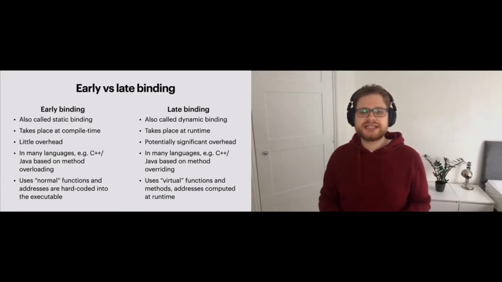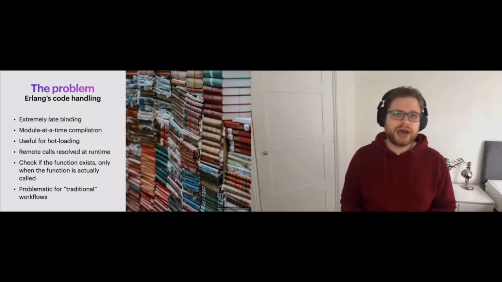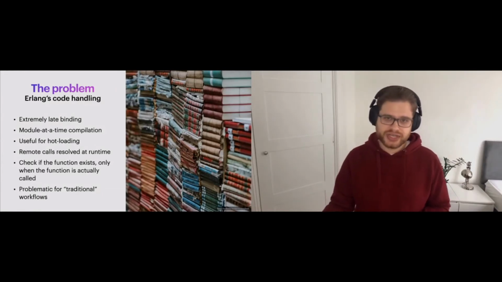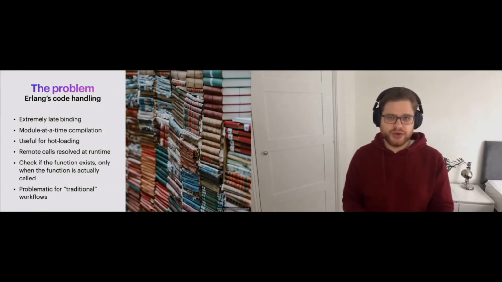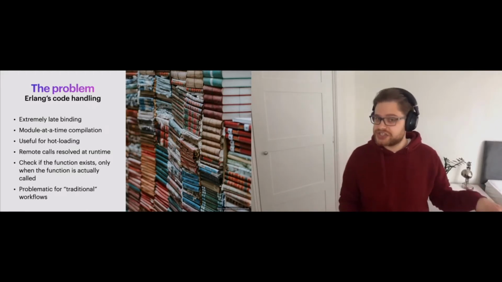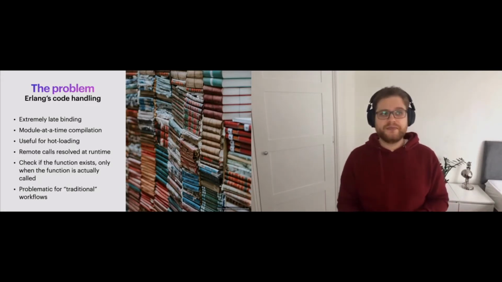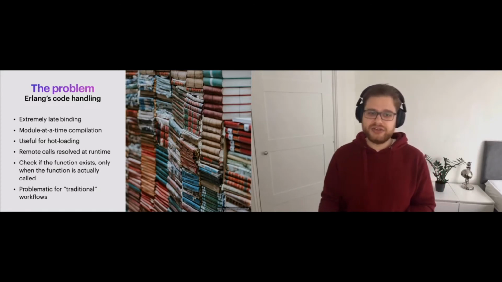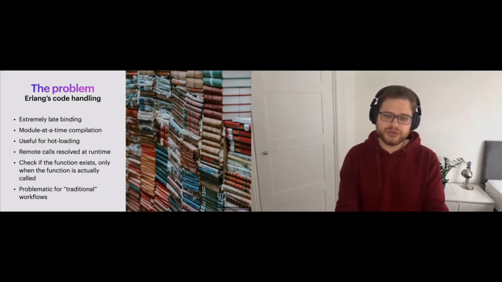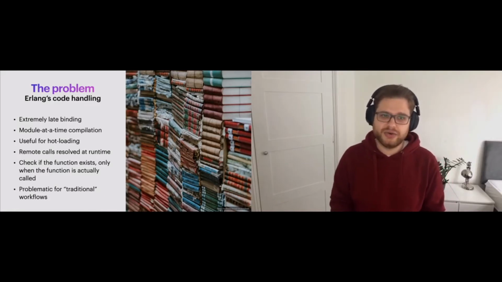Well, because it gives us several very nice properties. In particular, it allows us to compile a module at a time. If we have early binding, this means we have to resolve all the function calls while we're compiling the module, and if any of the functions changes, we need to recompile all the code that uses those functions. Whereas when we have late binding, like in Erlang, we can compile all the modules completely separately from each other, with no dependencies and no understanding of what other code exists or will exist at runtime.